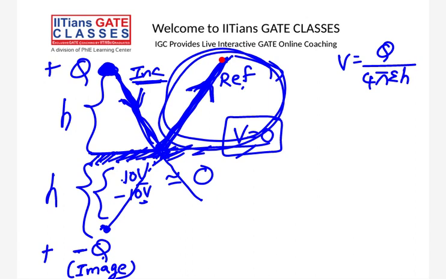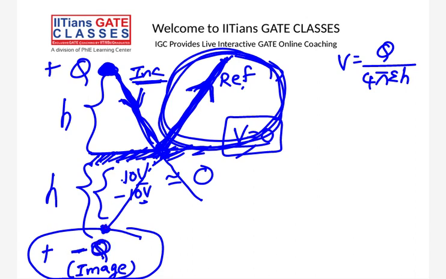So that is the reason why I can account for minus q. But the point is very clear, this image charge is not really existing. Just for the mathematical manipulation's sake, I have replaced the contribution of the reflected field by imagining a virtual source presented below the ground plane. That virtual source is having a magnitude of minus q coulombs.